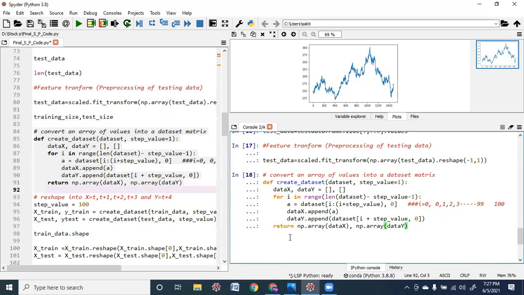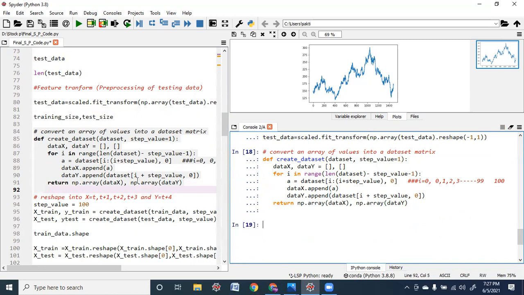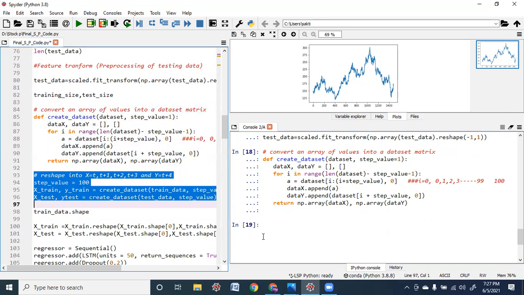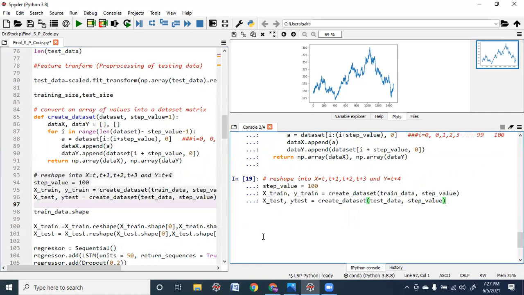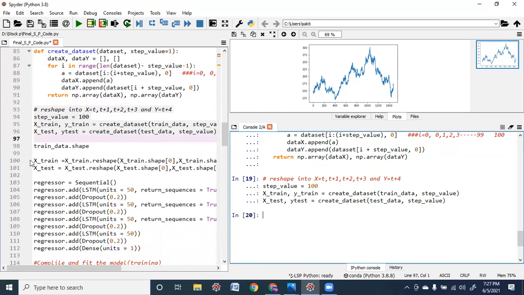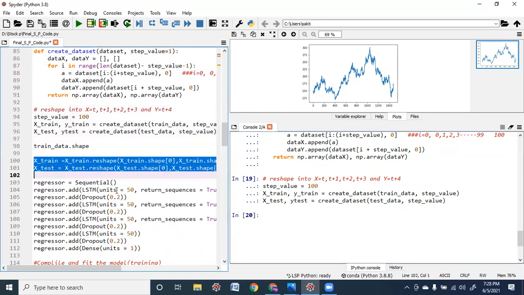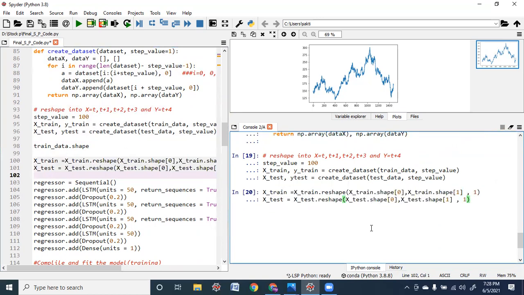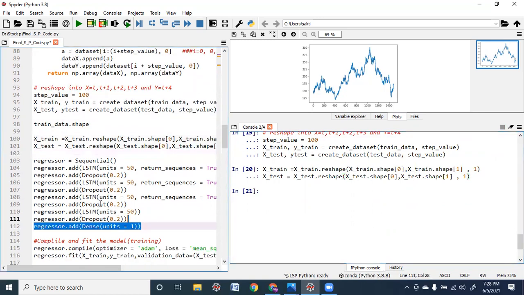Now xtrain and xtest will hold 100 values. So these xtrain and xtest are NumPy arrays. Now let us reshape it. Now let us build the stacked LSTM model.